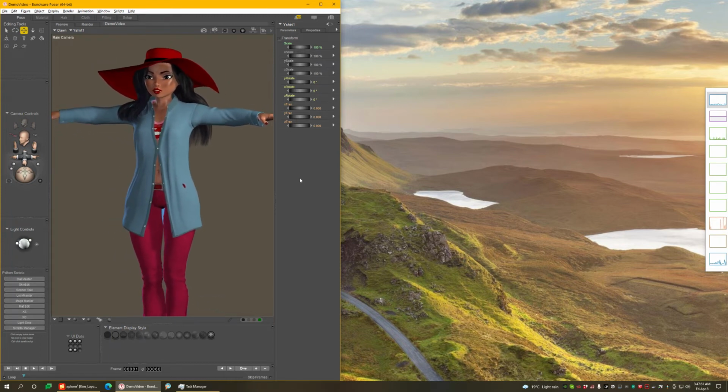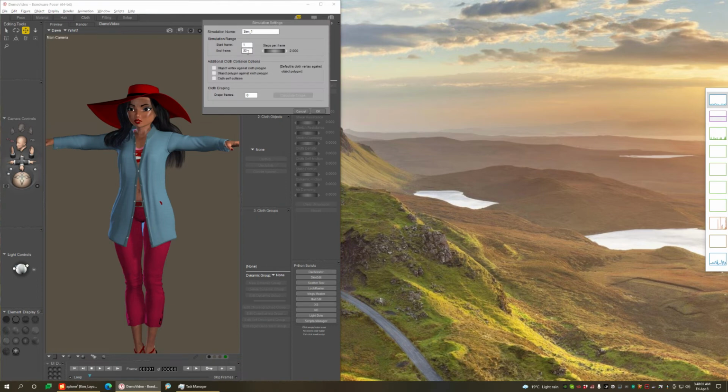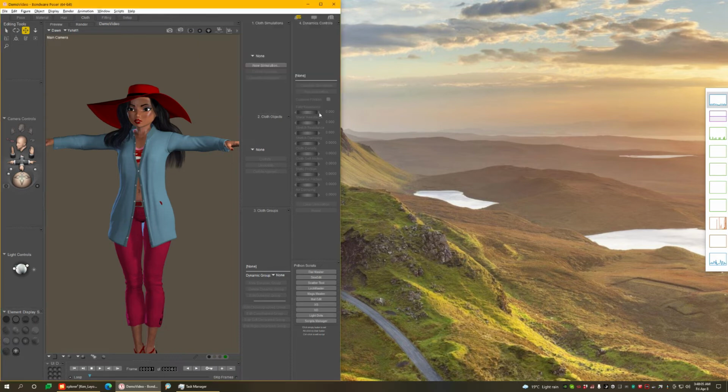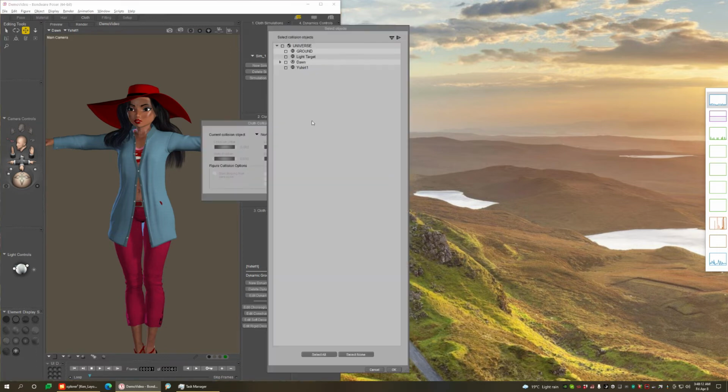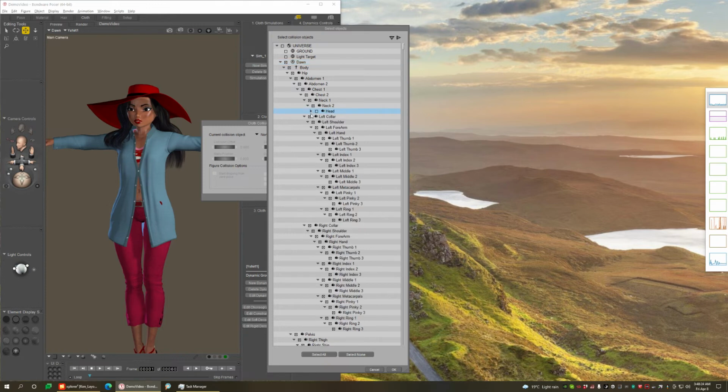So to do that, I select the shirt, I switch to the cloth room, and create a new simulation. I'm going to run this for 60 frames. OK. Clothify what is selected, which is the shirt. Collide against. Here is a little bit of work. So I'm going to select everything, then exclude the head,